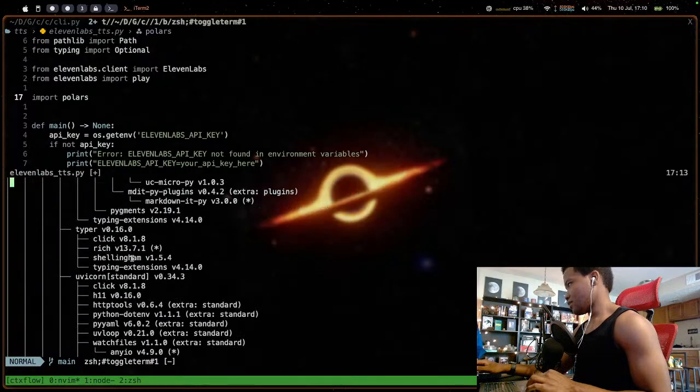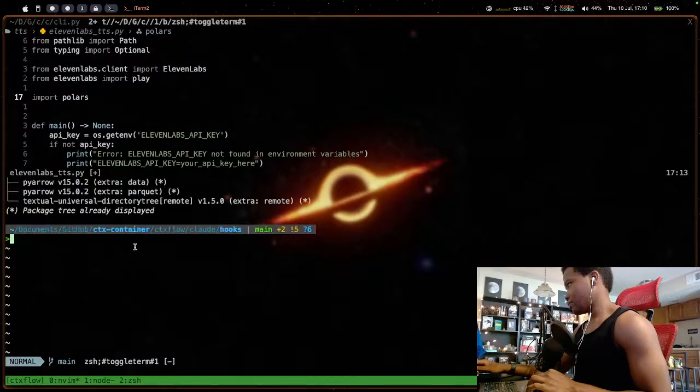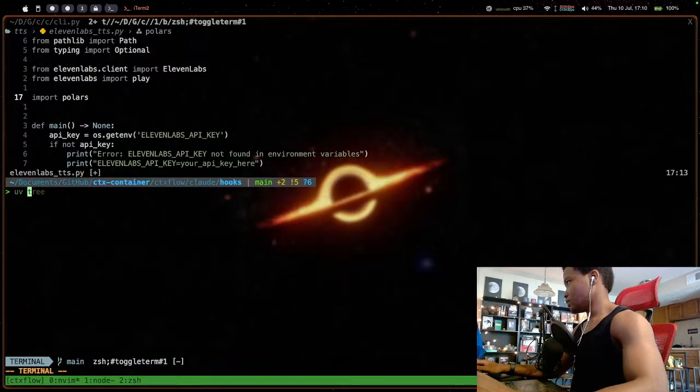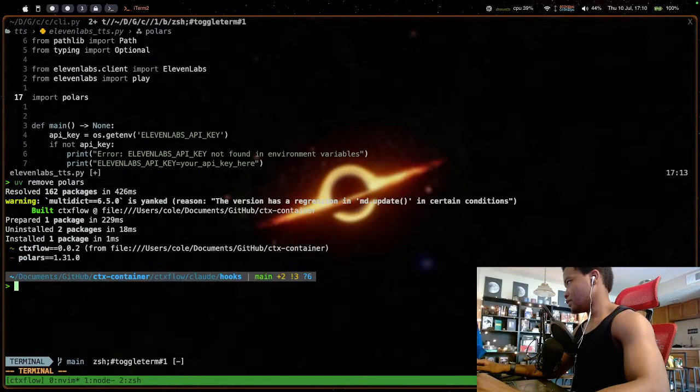Honestly, since we already have pandas in here, it's probably because of the browser. So we're not going to use polars. It's not going to be that huge of a thing anyway.